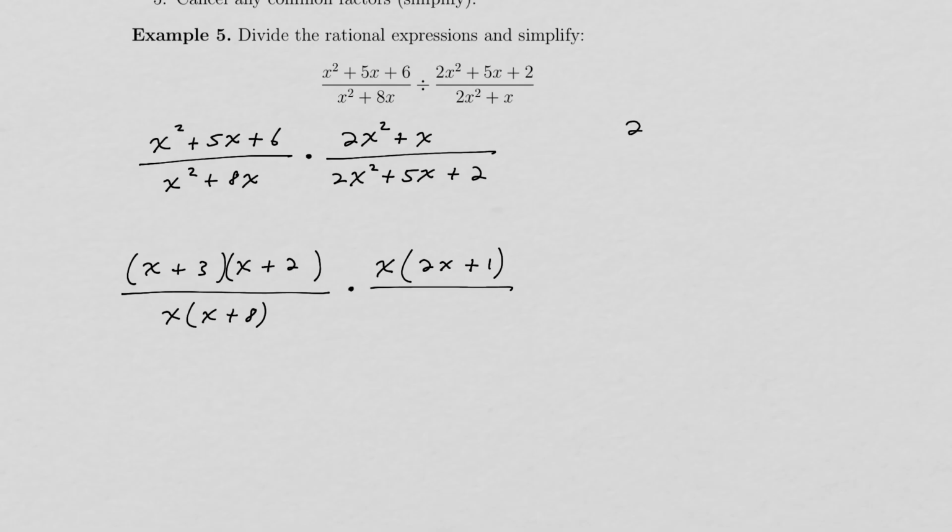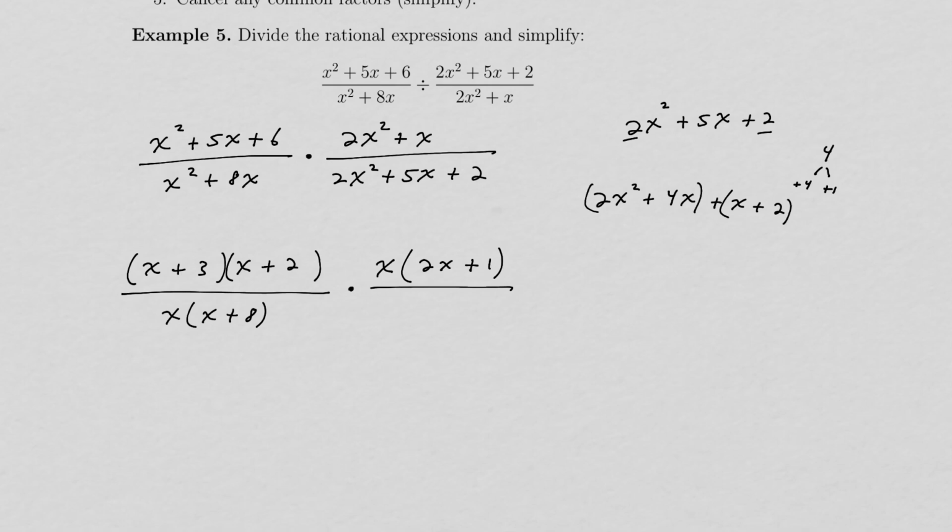Because I don't have a 1 in front of my x squared as the coefficient of the x squared term, I'm going to multiply a times c. That's going to be 4. Two things to multiply give me 4 and add give me 5. Well, that's easy. 4 and 1, positive 4, positive 1. So I can rewrite that middle term, the 5x, in terms of these factors, 4x plus 1x. I group,